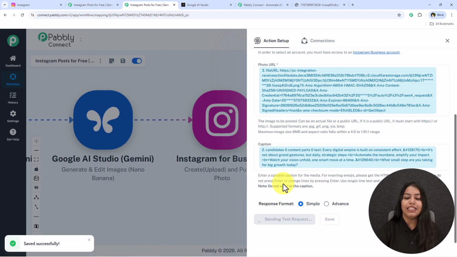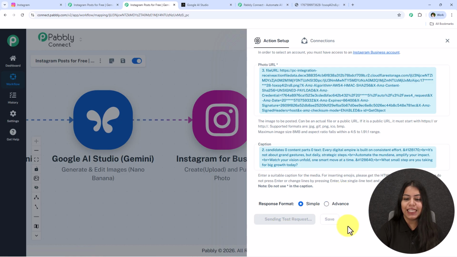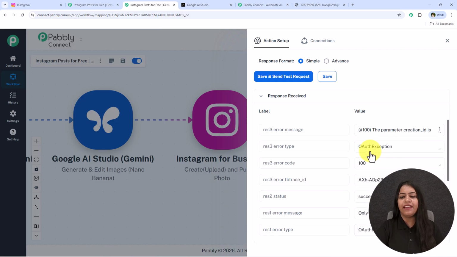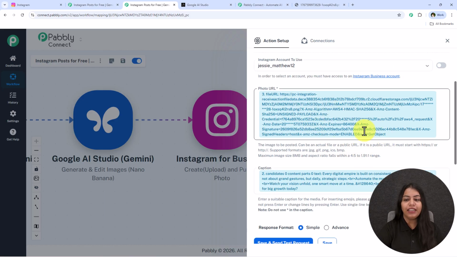Once you click on this save and send test request, it is saying saved successfully. So let's check for the response right over here, and for that we just have to wait for a few seconds, and you're going to see we have received the response and it is giving me an error right over here. And why is this error given? Because the URL is not correct. What we have to do is read the help text and make sure that the URL is a public URL. All right, so for that what you have to do is just close this,